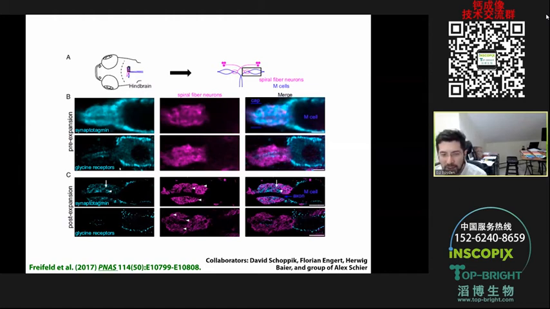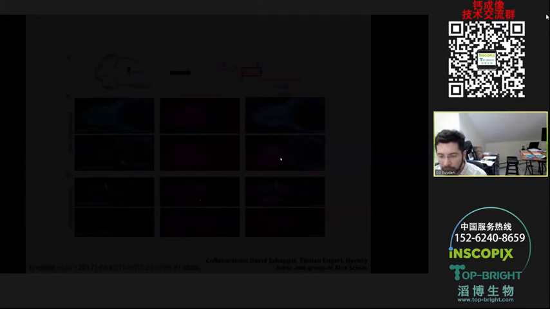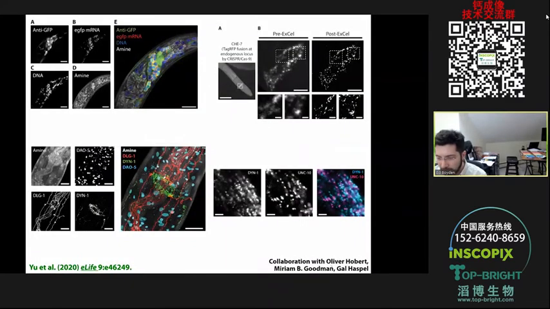Here are some synapses being visualized with synaptotagmin and glycine receptors being imaged with antibody staining in the important sites of contact where spiral fiber neurons and M cells all interact. Jay Yu, who just finished his PhD in our group, working again with a great set of collaborators shown in the lower right, showed that we could adapt expansion to C. elegans. So in summary, the expansion method can be applied to a wide variety of cell types, tissue types, and